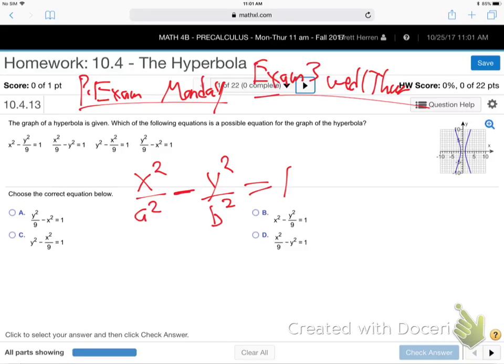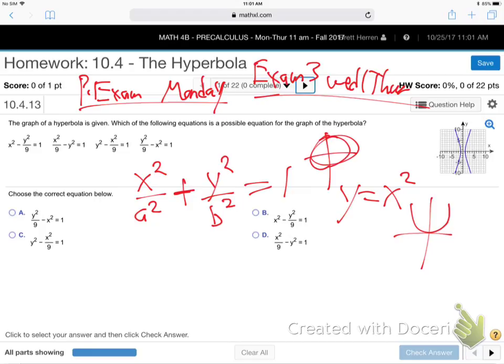Here's my little way of thinking of it. If you only have one letter squared, like y equals x squared, that's a parabola. That only has one branch, right? If only one letter is squared and the other is not, you've only got one branch. If both letters are squared, you've got two branches, but there's two ways they could get together. If you have a plus, they get together and make a big egg, like two branches connecting. But if you have a minus in the middle,